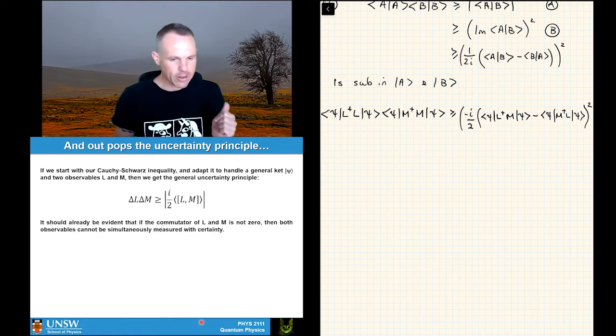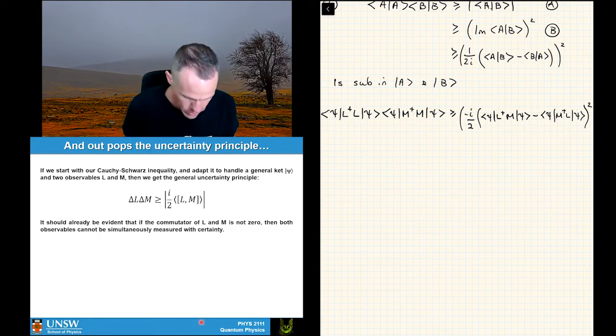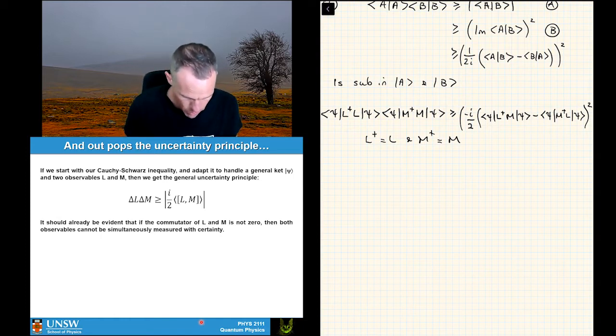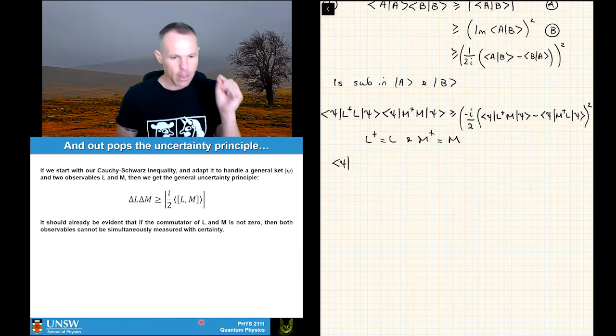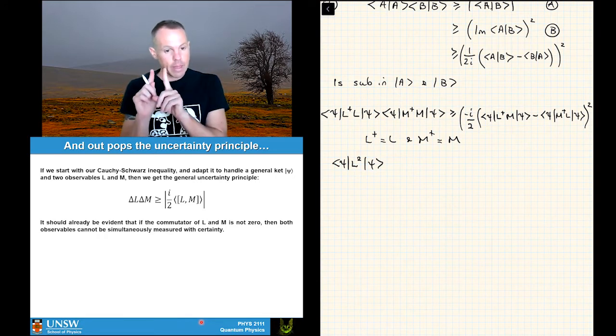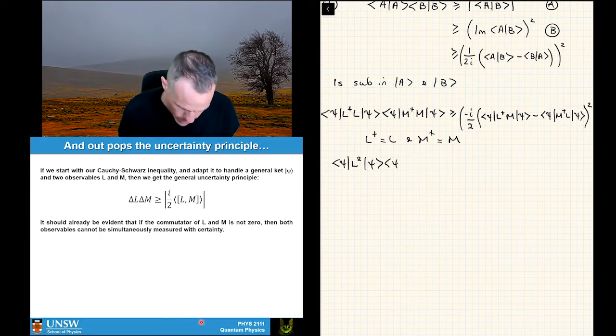At the moment, you'll be going, hang on a second, aren't L and M Hermitian? Yes, they absolutely are in everything we do in quantum mechanics. So we know that L dagger is equal to L and M dagger is equal to M. So we can go through and do that everywhere all the way through here. So what we would have is psi, L and L is L squared, psi. M dagger and M becomes MM, and M is M squared. So we've got psi M squared psi just here. This is greater than or equal to.